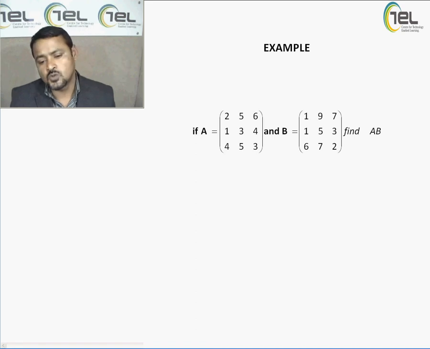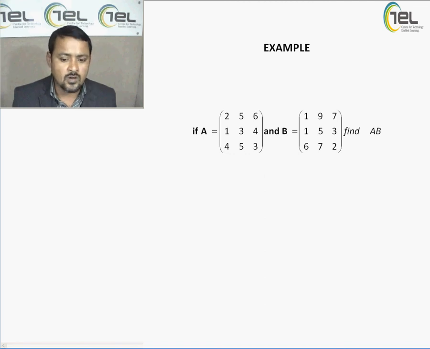Now we come to a 3 into 3 matrix, matrix A multiplied with matrix B. This is a 3 into 3 matrix multiplied with a 3 into 3 matrix. The resultant answer is going to be a 3 into 3 matrix. The first row multiplied with all the columns, second row multiplied with all the columns, third row multiplied with all